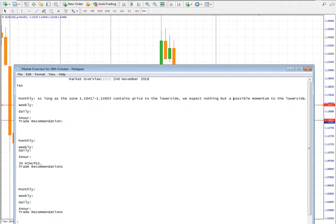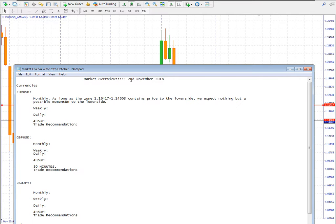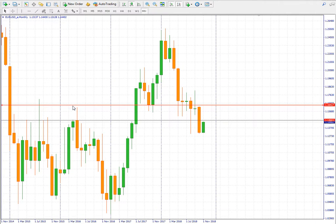So I've explained that already. I've explained that we have a zone here. There's this zone resistance line holding, then price rises beyond it, comes back to the same place, then the same place appears to be holding, then there's one big candle that closes below everything. So we've mentioned that as long as the price is within this zone, there is this zone we are seeing here, we are looking for a sell position, and that sell position should go up to this place,